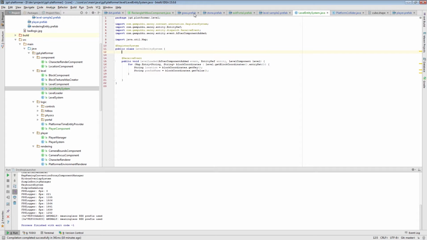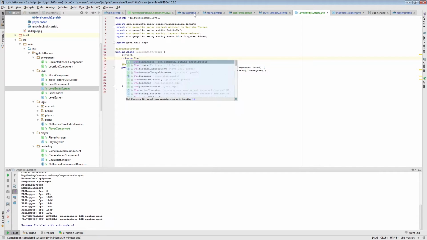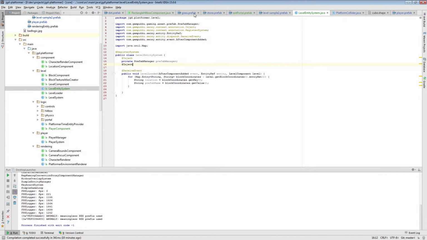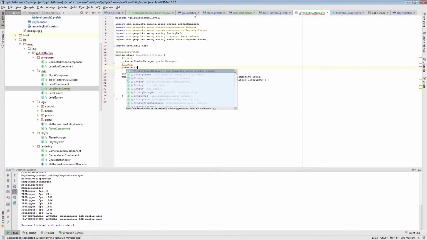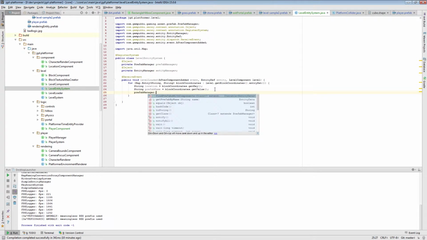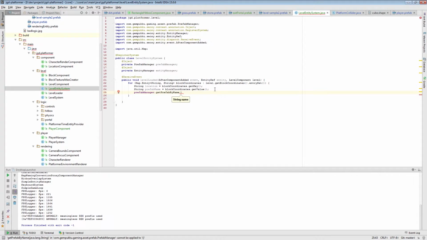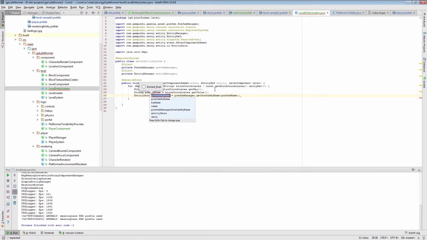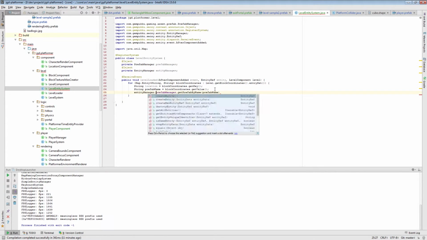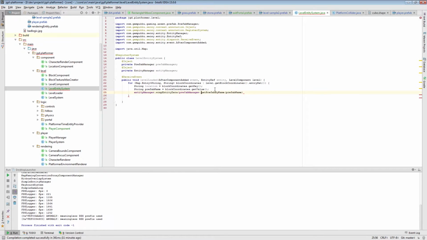So in here we'll have to have an inject prefab manager, and we'll also need the entity manager to be able to create entities. So prefab manager get prefab by name, prefab name, and we'll wrap it into the entity manager wrap entity data,